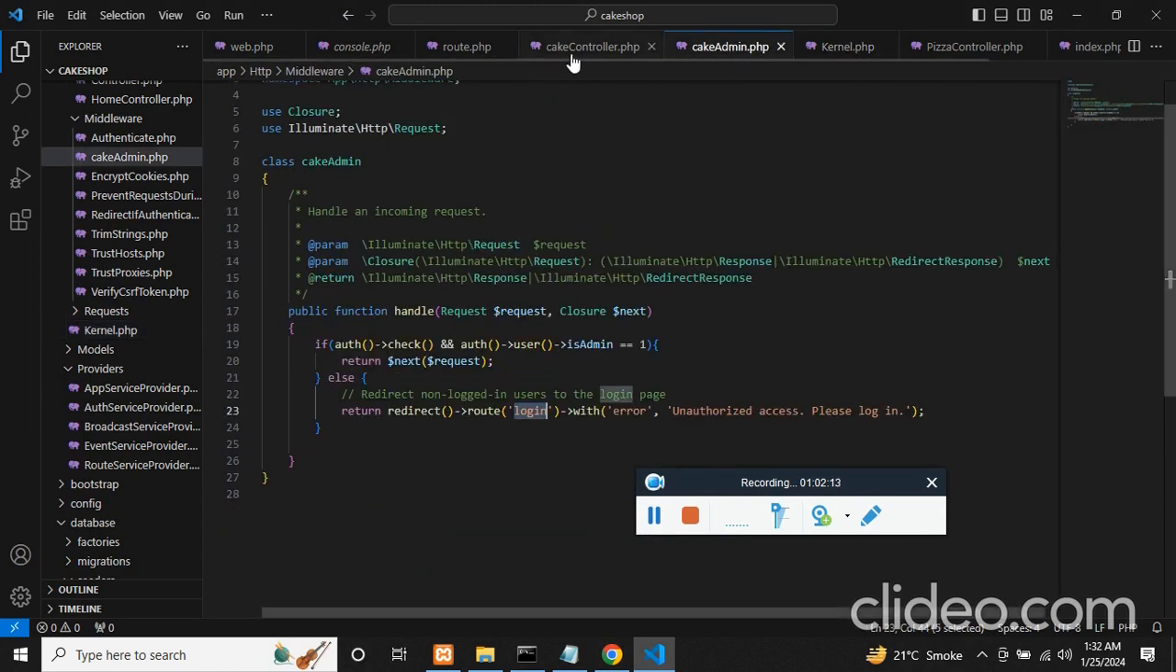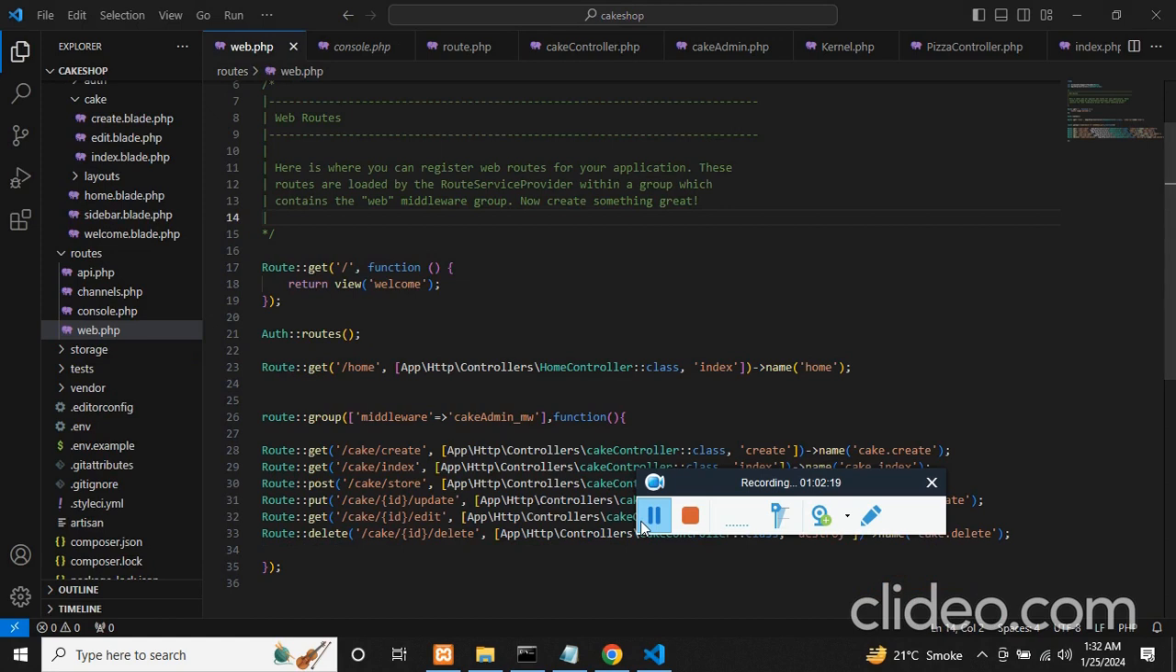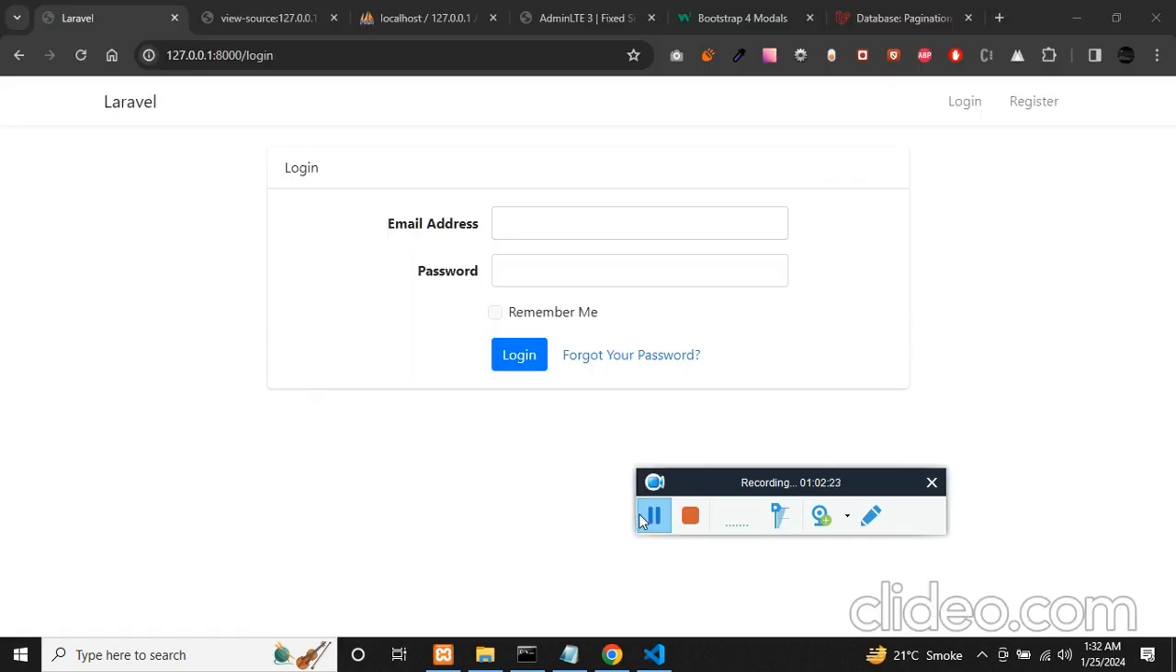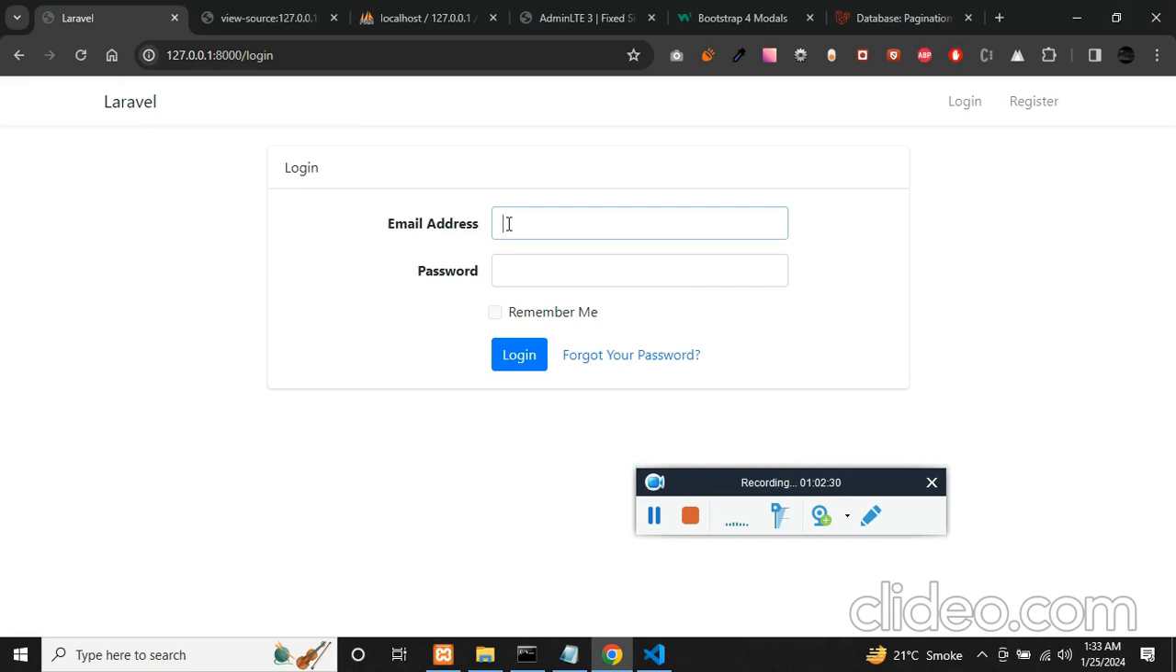I think we don't need to import here, but let's just check adding info here on the web.php. So that's not required. We don't have to import the route here. So now it's working. If I log out and try to access cake.create, I'm redirected to the login page. So let me log in as a regular user